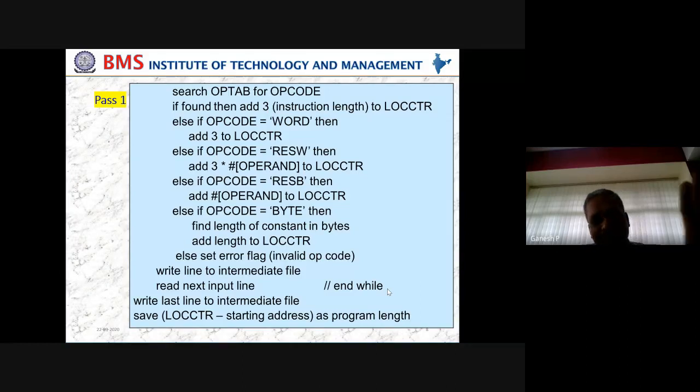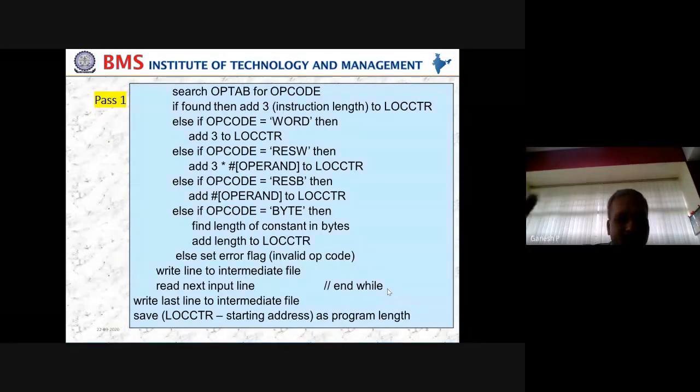So we have processed everything now. Each line is processed. In each line, the label is processed. If it is a label, we'll add it to the symbol table. If it is an opcode, we add 3. If it is an assembler directive, accordingly we'll take action. Everything is over. This I will repeat for all the instructions. Once this is done, I am going to add that to the intermediate file. So one line I have read, I have added to the intermediate file. Like that, I will go to all the lines.